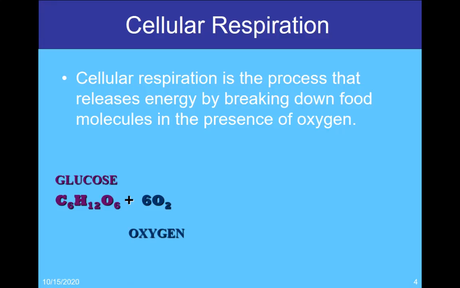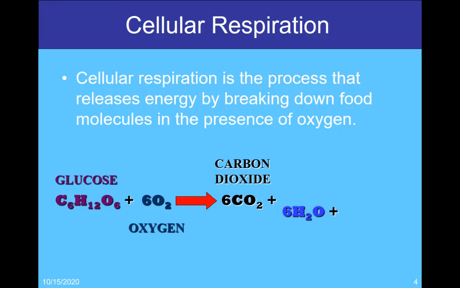This is then going to produce the products, or end results, of the chemical reaction. We're going to breathe out carbon dioxide, produce some water for our body, and give off the ATP energy. Notice that these are all the exact same pieces that we saw in photosynthesis, just reversed. So in this case, the reactants of cellular respiration were the products of photosynthesis, and the products of cellular respiration were the reactants of photosynthesis.